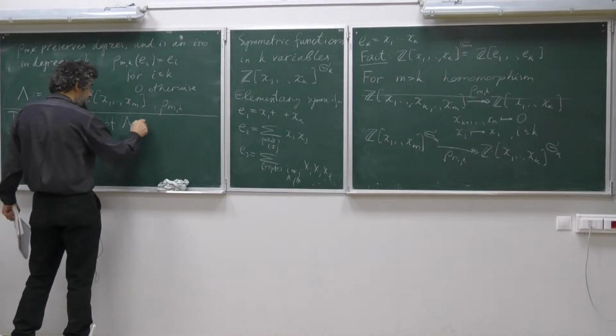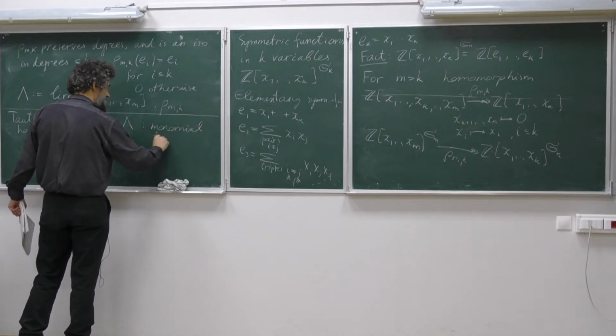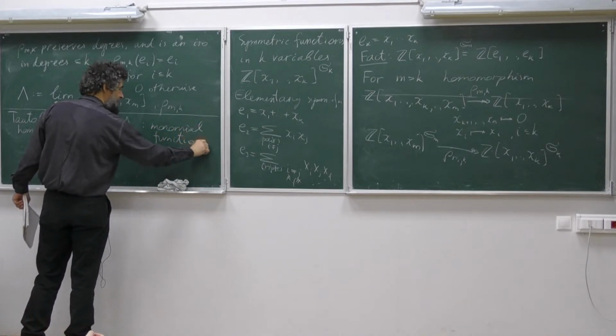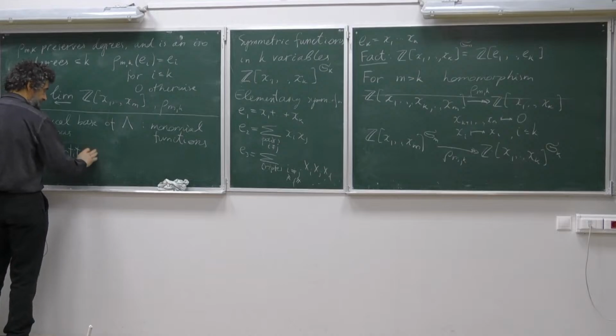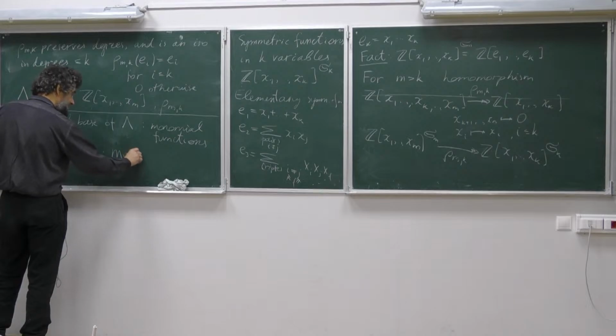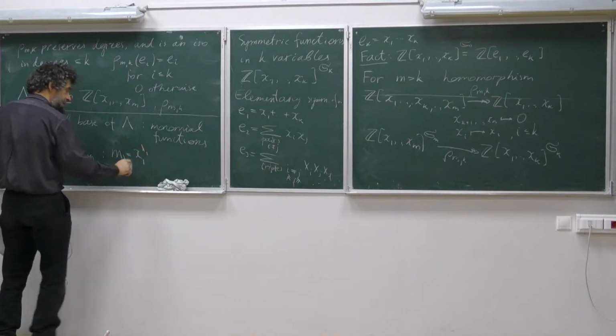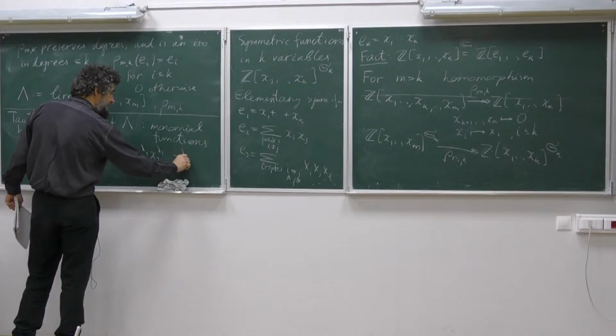And this one is comprised of monomial functions m lambda, numbered by partitions. Well, m lambda is x1 to lambda 1, x2 to lambda 2, and so on, xl to lambda l,